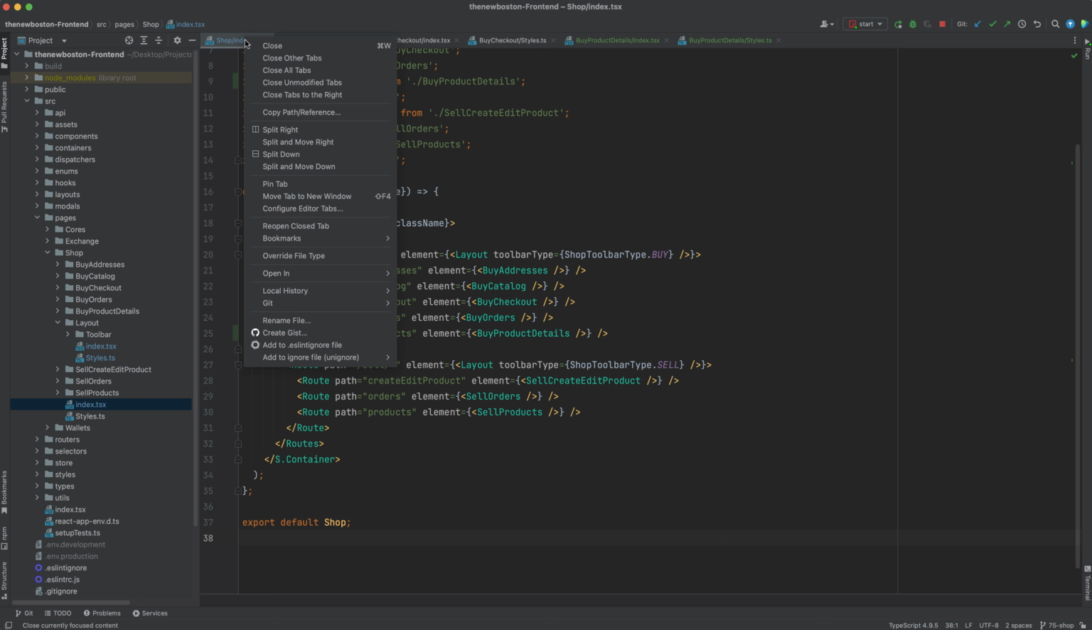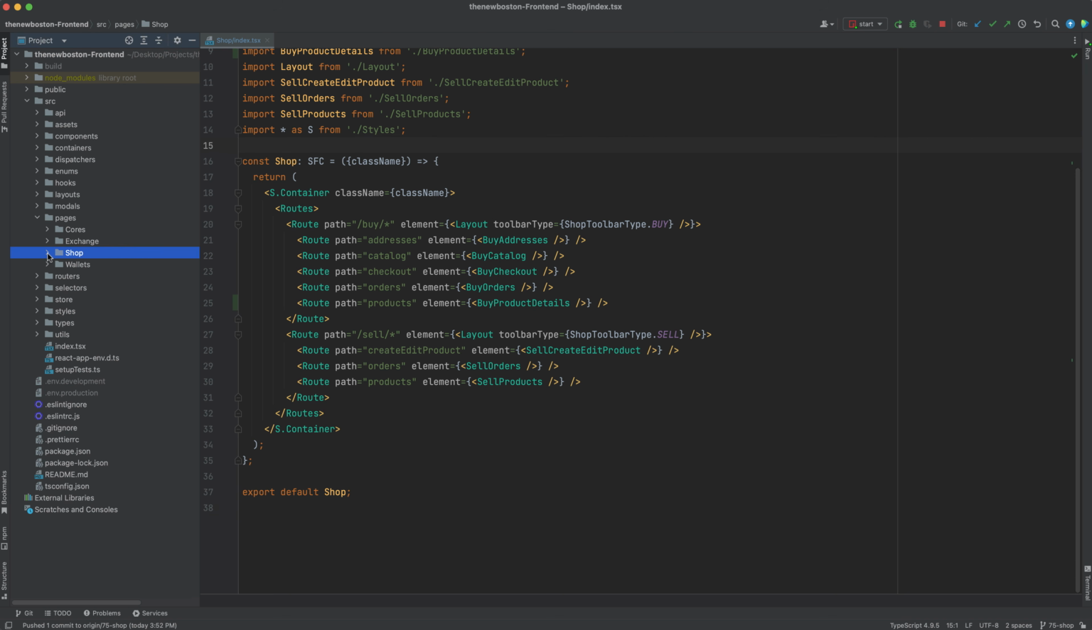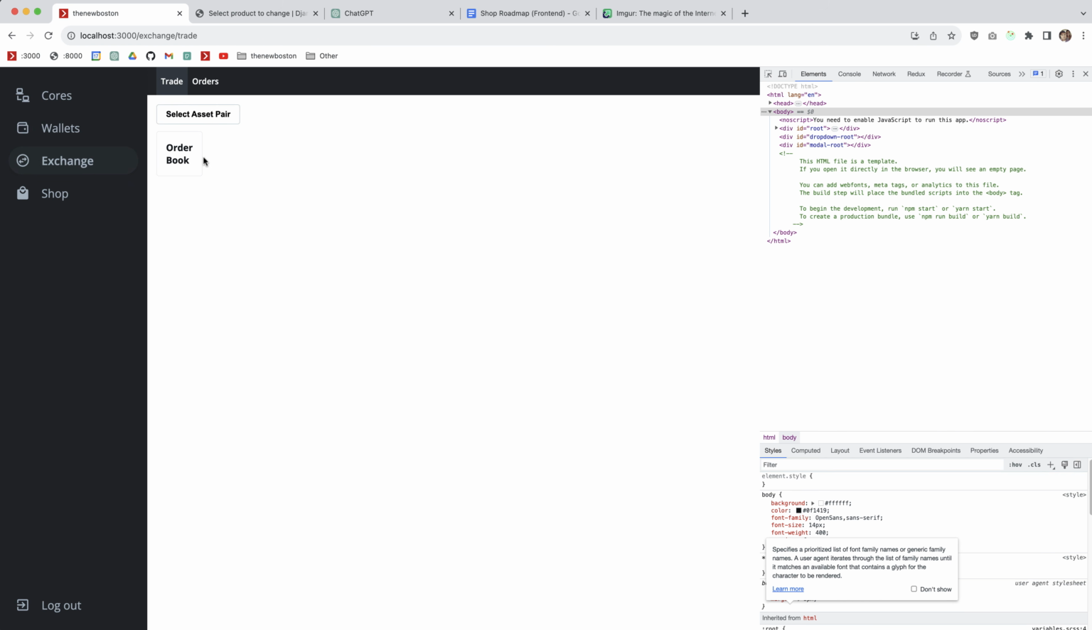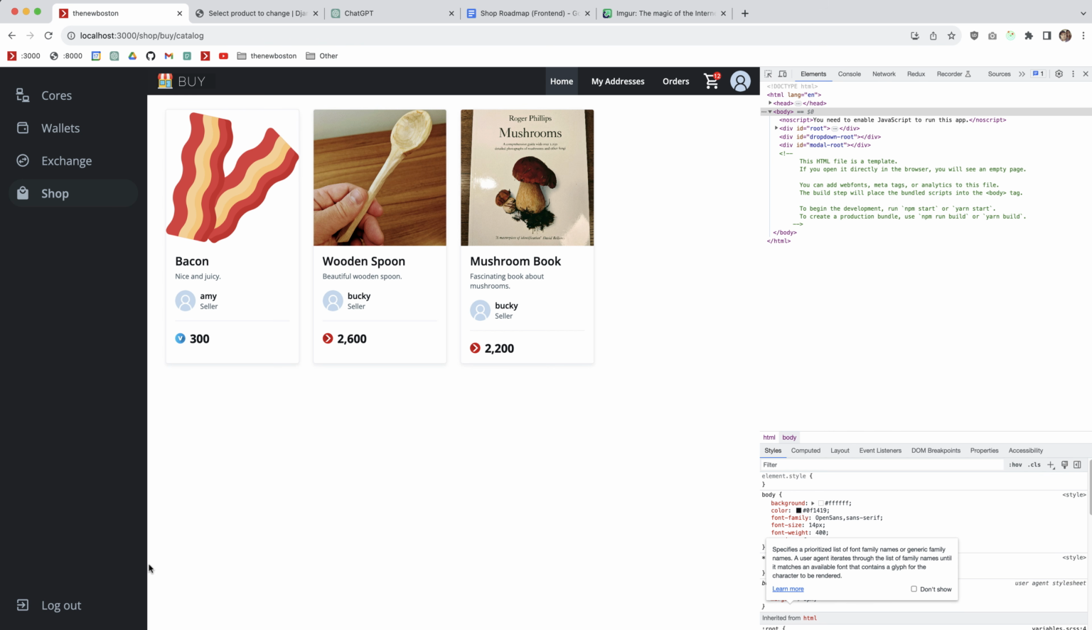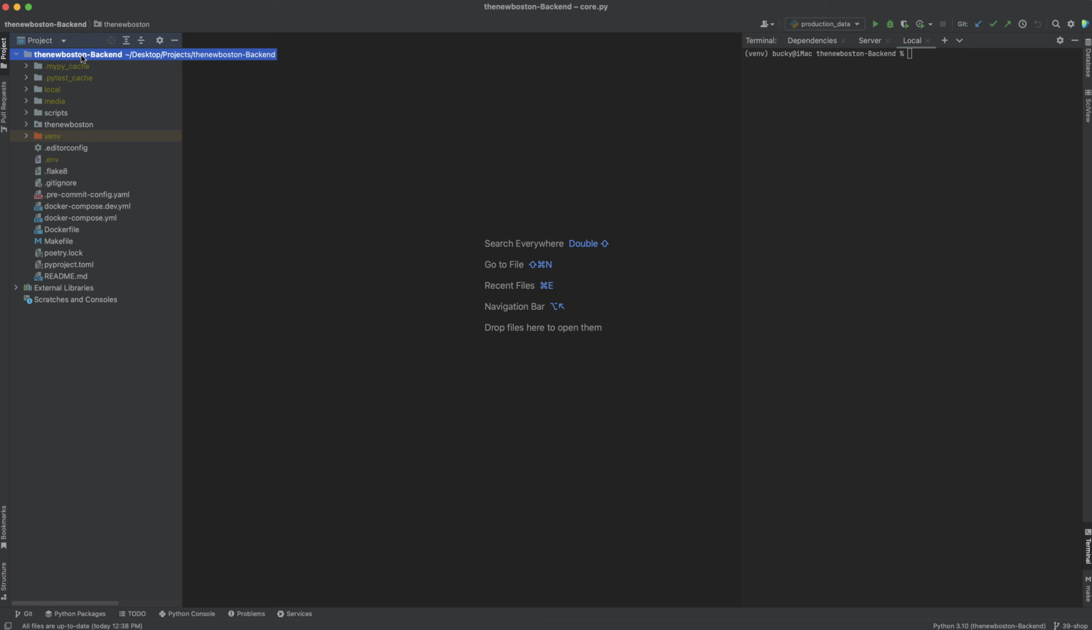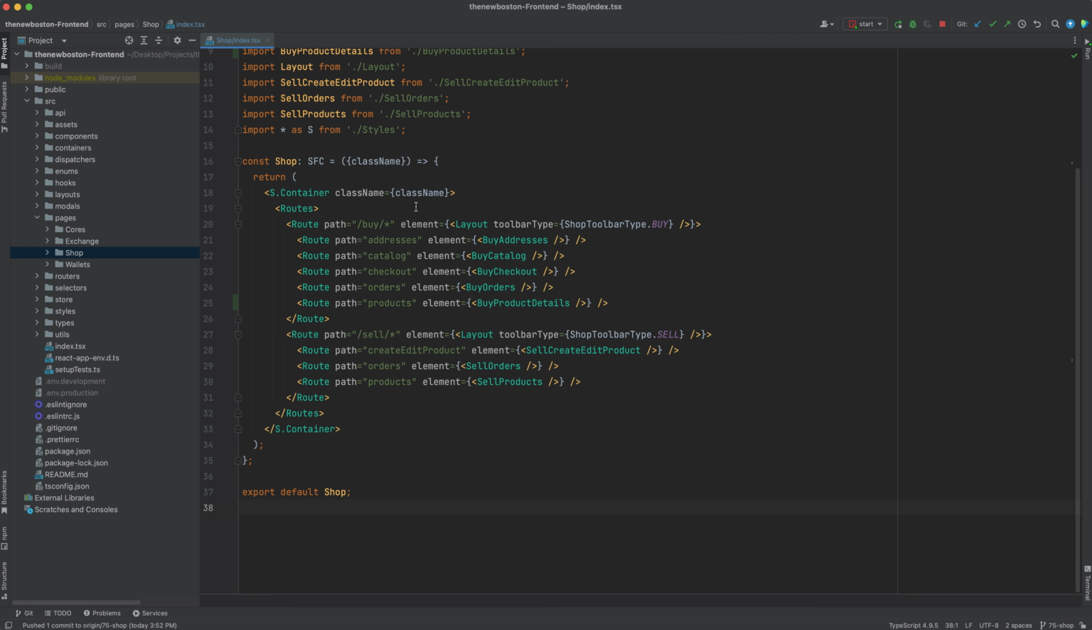Okay, so maybe we can do that now. Now the question is, is there anywhere else in my app that we are using this logic? And I don't think so. Probably going to need to consult ChatGPT. So for the product details page,